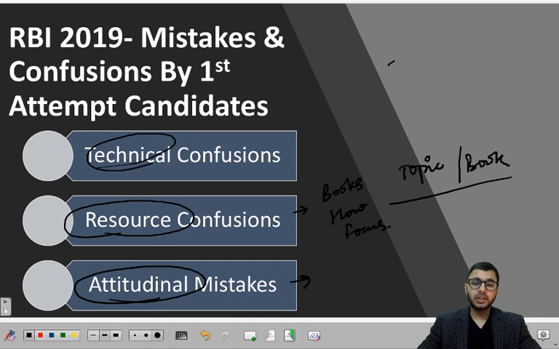And the third is attitudinal mistakes, and I see that happening a lot of times, especially with students that are paid. I should not be saying this, but somebody enrolls today, and 5 minutes later I get a call and he says that this thing is missing. I tell them, we have just started the course, we've done a lot. You should be focusing on what we have already provided rather than what is not available. So he says there is no section for economic survey.